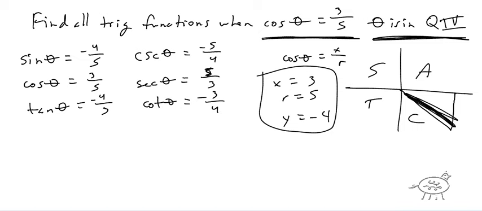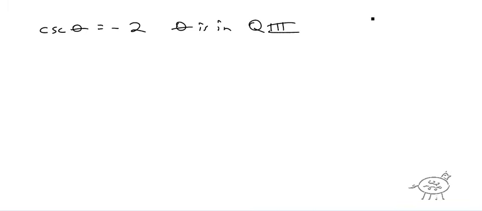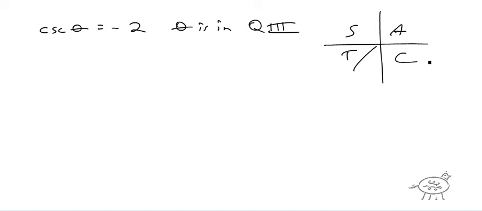Okay, that's not bad. Let's try one more example here. Now I'm going to tell you, again, finding all the trig functions, and cosecant of theta is equal to negative 2, and theta is in quadrant 3. Okay, so we're in this quadrant here. So again, I'm going to write all students take calculus. Well, we have -2. We need a ratio, so let's put it over 1. And again, it helps to remember cosecant goes with sine. So sine is y over r, so that's got to be r